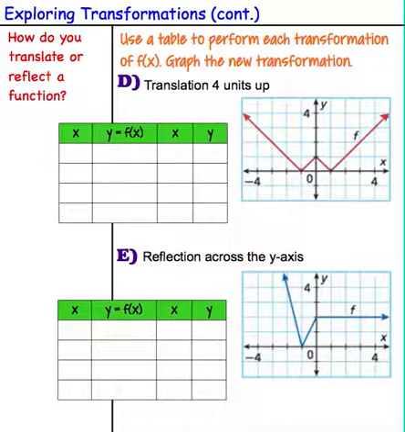I now want to take a look at how we use a table to perform these transformations. So my first one is that translation. When we look at using a table, what we want to do in these first two columns is first we'll pick our x values, and then we'll find out what our y value is based upon that. And then this second part over here is going to be where we do that actual transformation, in this case